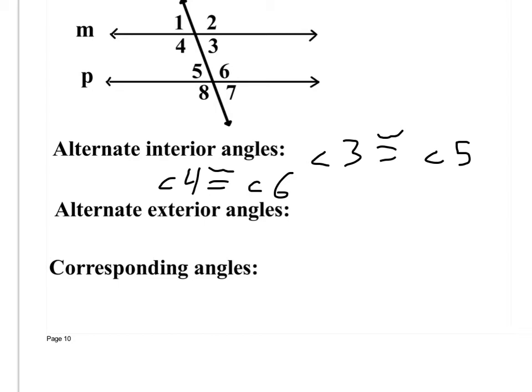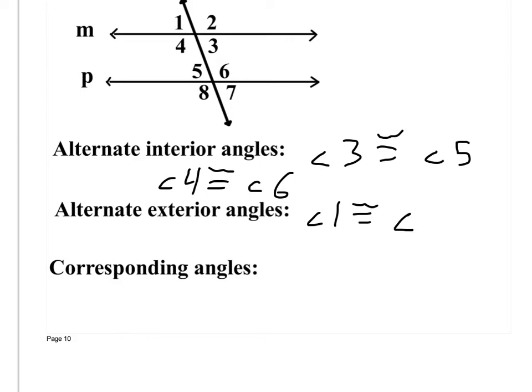Then you have alternate exterior angles. Angle 1 is congruent to a different angle. And we know that by the alternate exterior angle rule that says if they're on opposite sides and they're outside the parallel lines, then they're congruent. So angle 1 is congruent to angle